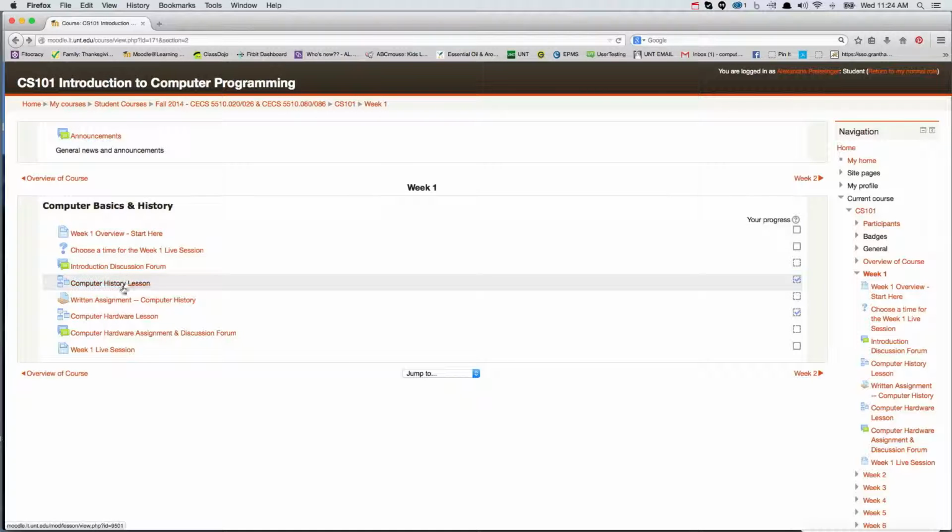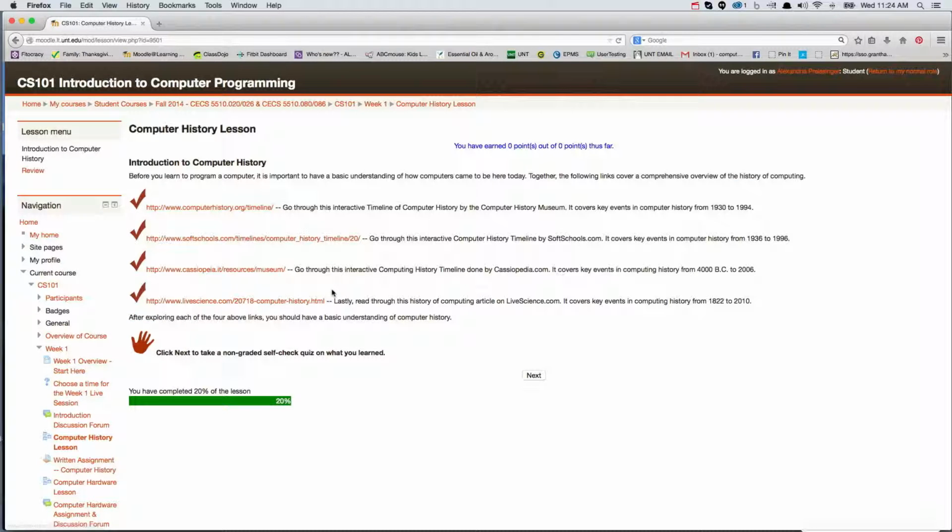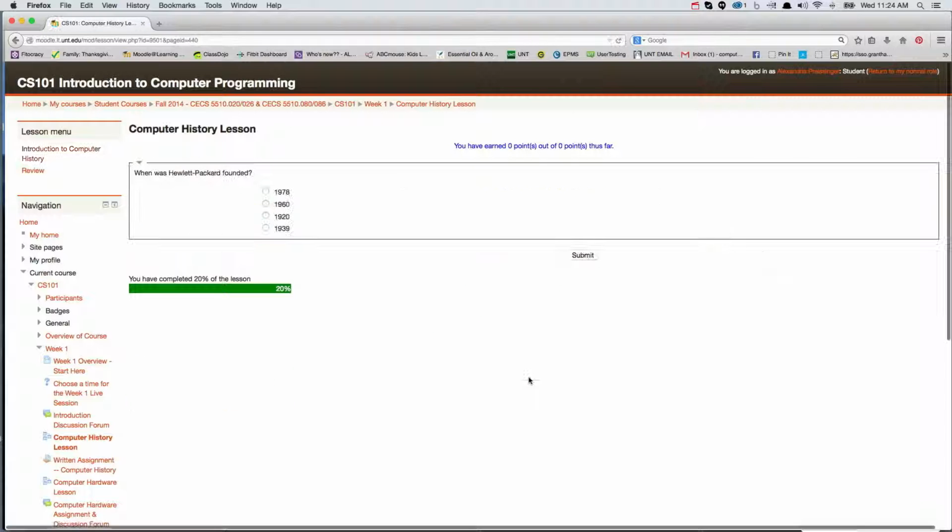And then you would go into the lesson, the computer history lesson. In this lesson, it's a lot of external links. You're going to follow these links and read the information for each one. A lot of them are interactive tutorials. Then you take a little non-graded self-quiz over what you learned. So you'll hit the next button and you'll go through and answer these questions, and then you're given a review